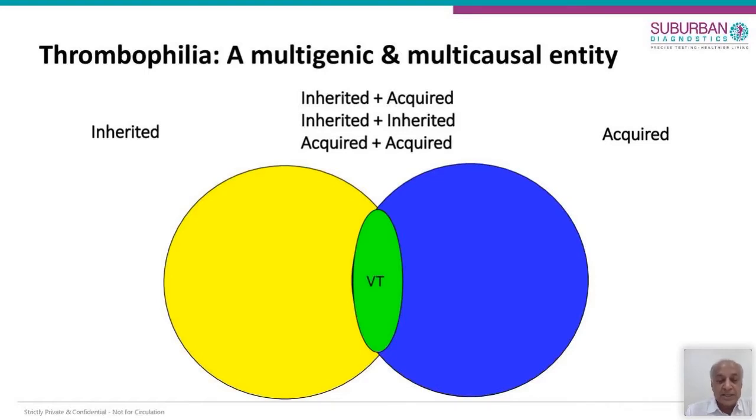And in most instances, it is a combination of inherited predisposition which gets precipitated by an acquired condition which also predisposes to venous thrombosis. And when you have this kind of a combination, you have manifest venous thrombosis. So this is something which we have to keep in mind, and you'll see examples of that as we go